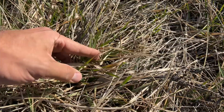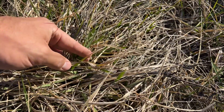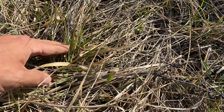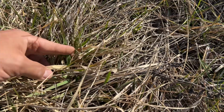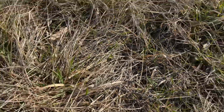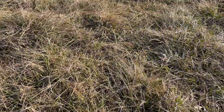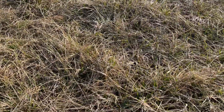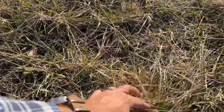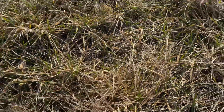But again, you can see that grass is still growing, and it's 60 degrees in February. I'm not sure we'll get this every year, but there's plenty of green in this, plenty of protein, plenty of energy to keep them going, especially on these nice warm days. And I'd like to see this probably a little bit taller, but there's still some energy in this brown stuff. There's not a lot in there, but